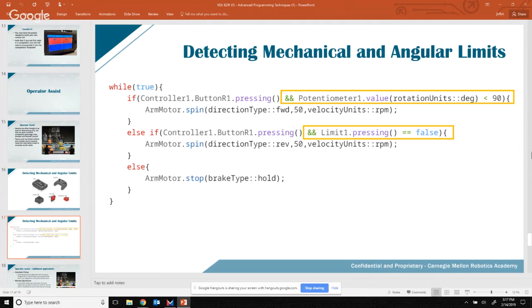And that's a good thing because then you're not trying to drive the motor up against the frame of your robot or another component. It keeps you from wasting energy and putting unnecessary stress on the motors. It also lets you know whenever you've reached the mechanical limit, maybe the bottom of the rotation for the robot's arm. But again, the applications are as variable as the different robot builds are for VEX robotics